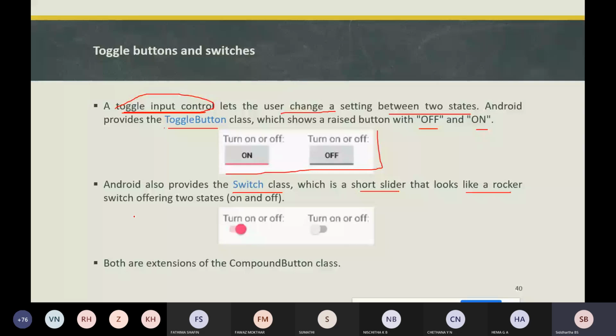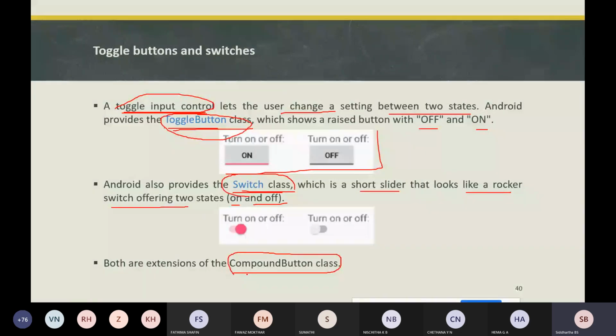Both the ToggleButton class and the Switch class are extensions of the CompoundButton class.